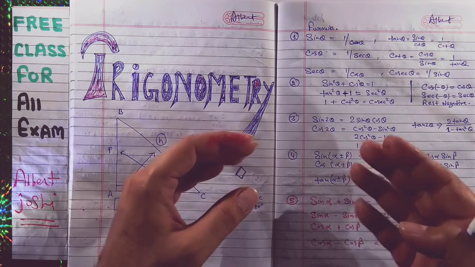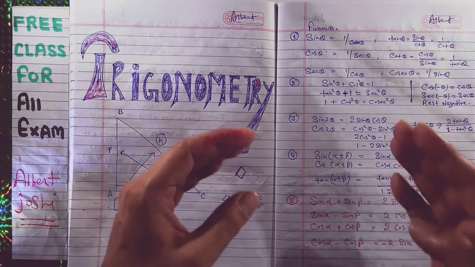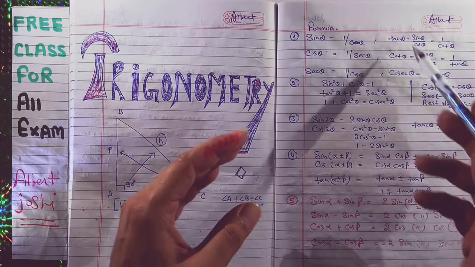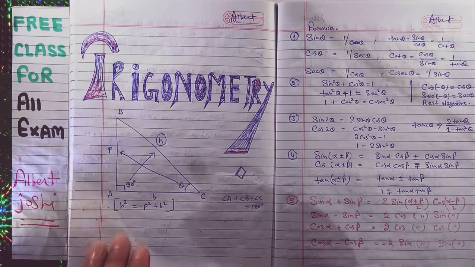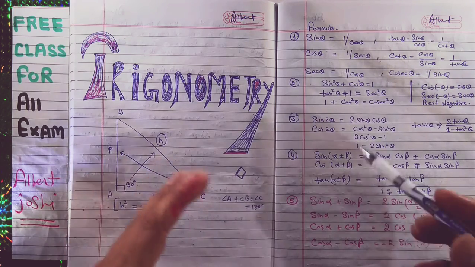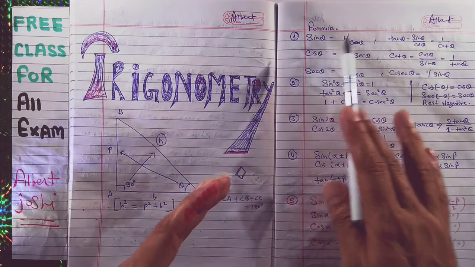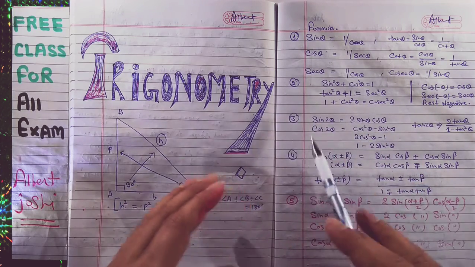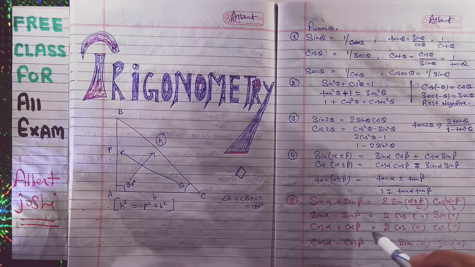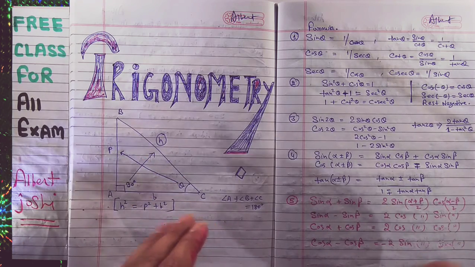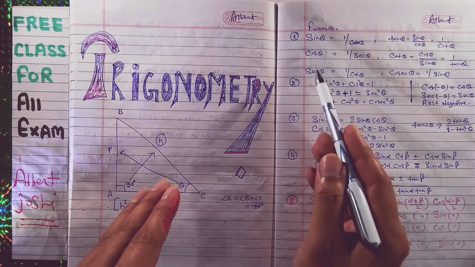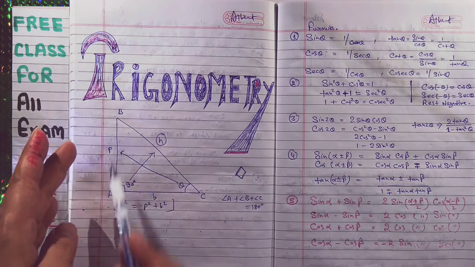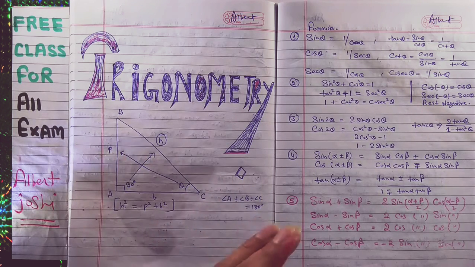You must go to the previous lecture. I have uploaded one lecture, play with graph. In that lecture we explained the graphs of such functions. Here we are not explaining the graph of sine theta, cos theta, tan theta, or any other function. Here we will explain sine theta, cos theta, tan theta. They come when you have a right angle triangle, otherwise you cannot use them.